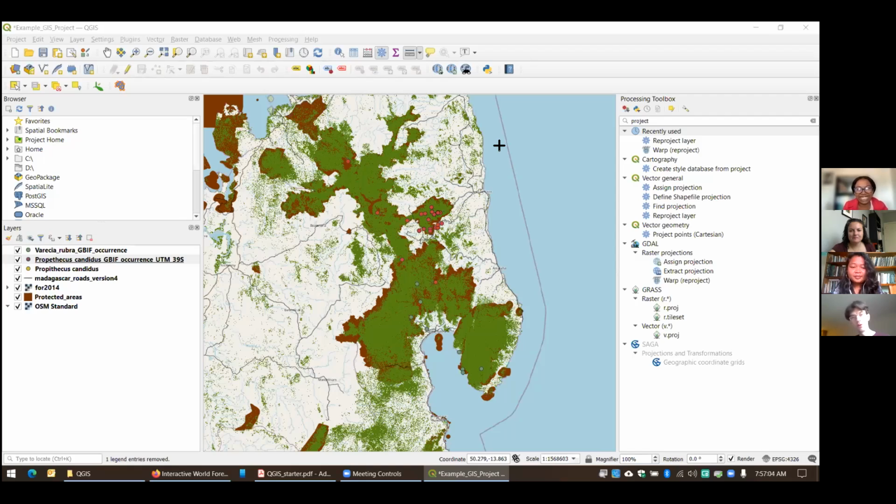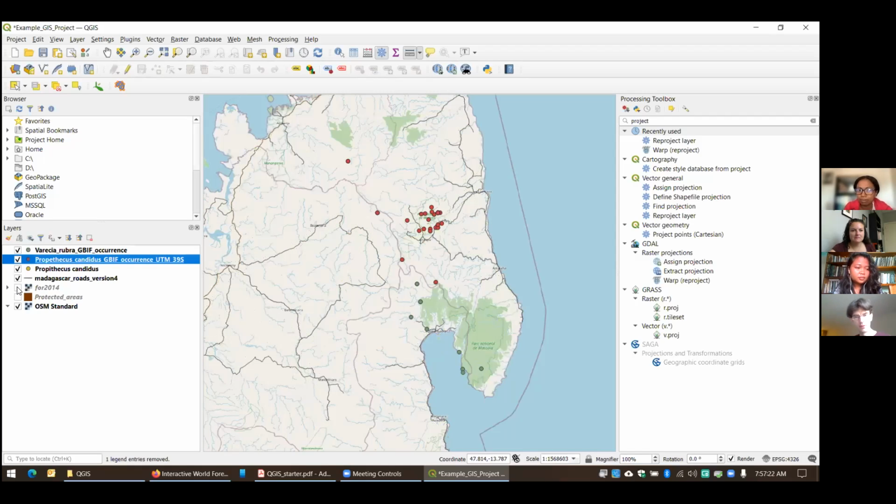Okay, the next thing we're going to do, again, and these are all based on questions that folks have already asked about, is we're going to create a minimum convex polygon around the points. And to do this, I'm just going to turn off some of these layers so that way it's a little bit easier to look at.